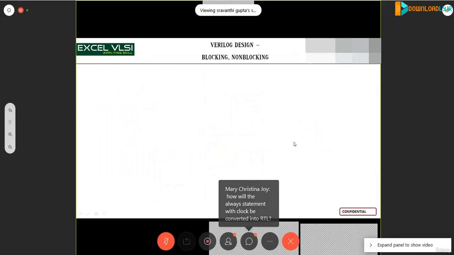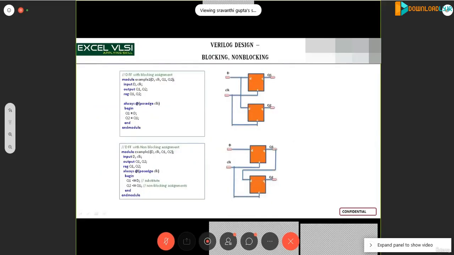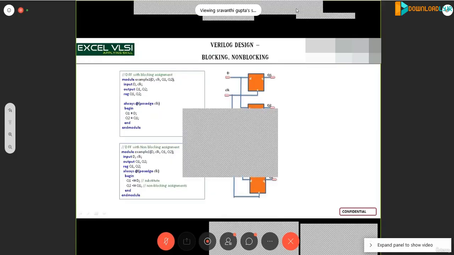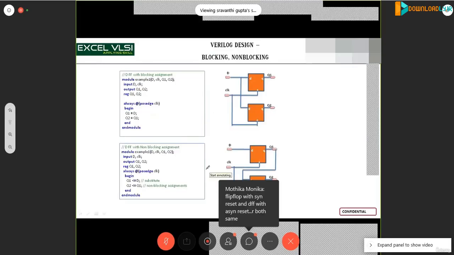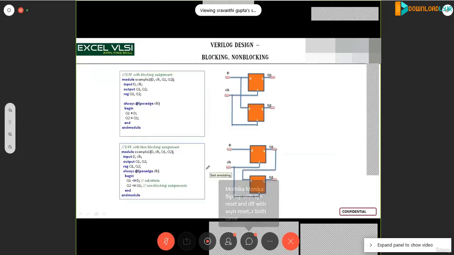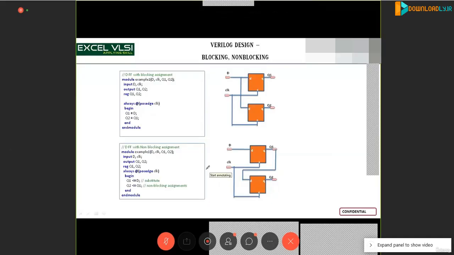Blocking, non-blocking, you can keep. Here also, if you look at the way, here we are using blocking statements and here non-blocking. Basically your intention is to implement a two flip-flop structure with the clock, basically a double synchronizer kind of circuit. But when you are coding Verilog, if you use blocking statements either by mistake or not knowing,